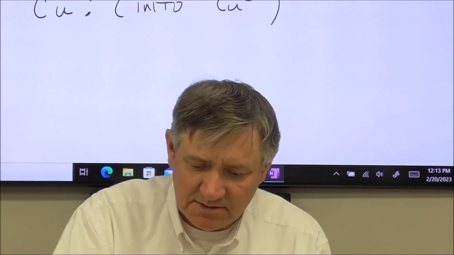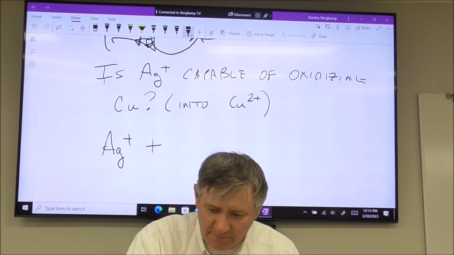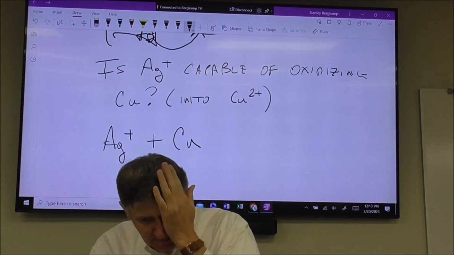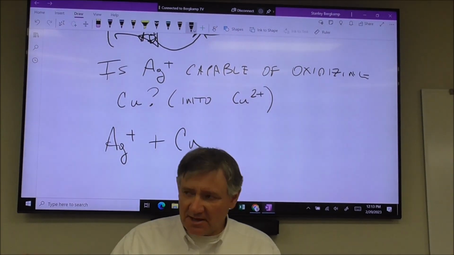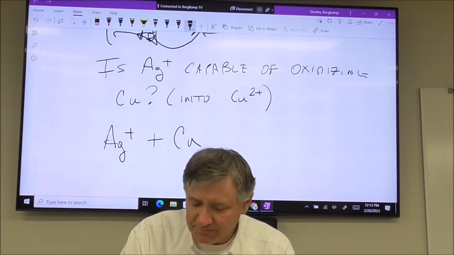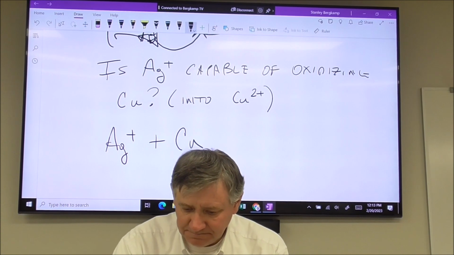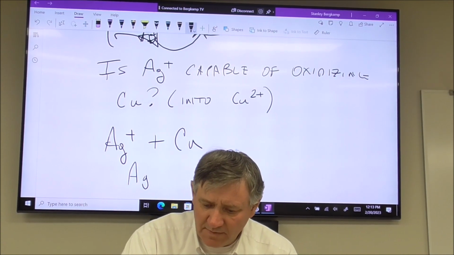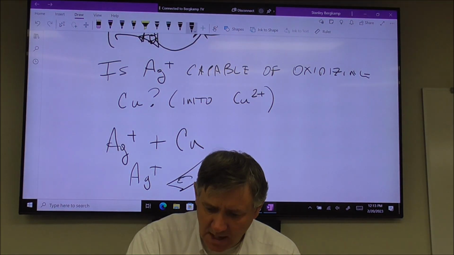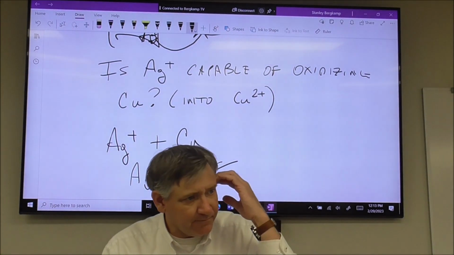So the first thing you've got to be able to figure out is what form everything is in. I've got a solution of silver ions, and I have a piece of elemental copper. How these questions are sometimes asked, like in this one, is: is Ag+ capable of oxidizing copper? In other words, fundamentally what we're asking is, when that silver ion comes up to those copper atoms, and that's what it is, a copper atom,